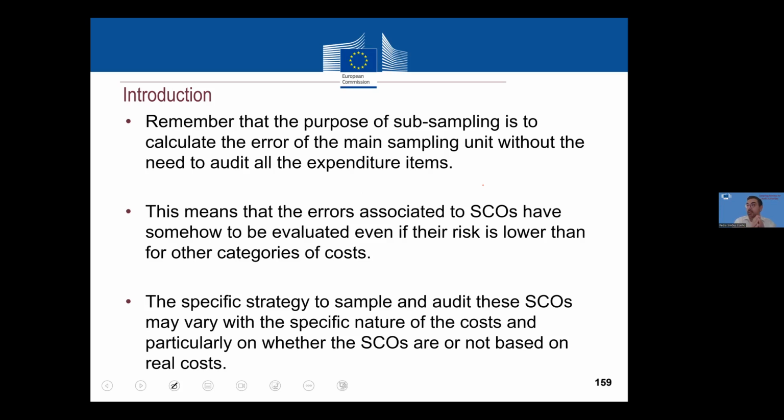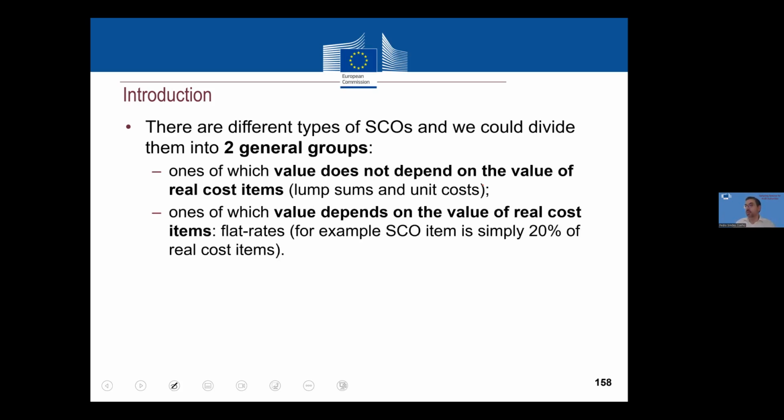This means that the errors associated to standard cost options also have to be evaluated independent of their risk. Even if we all consider that their risk is lower than for other categories of costs, they still have to be part of the population and part of the extrapolation process. Nevertheless, the way we decide to sample and to audit and even to project the errors of these standard cost options